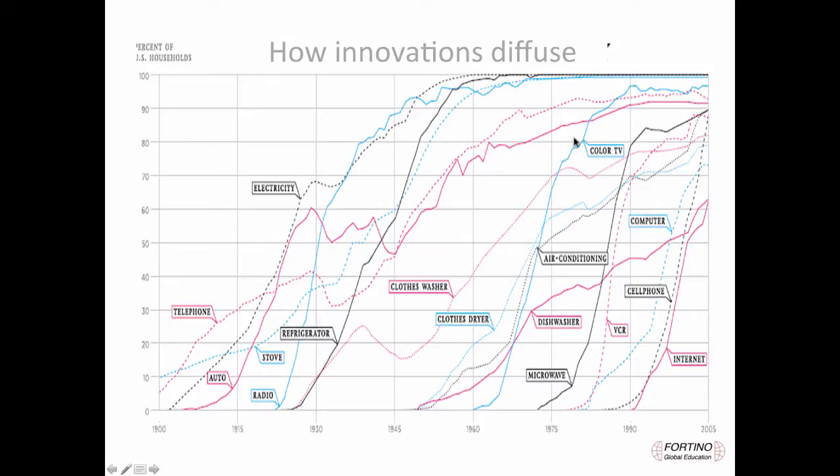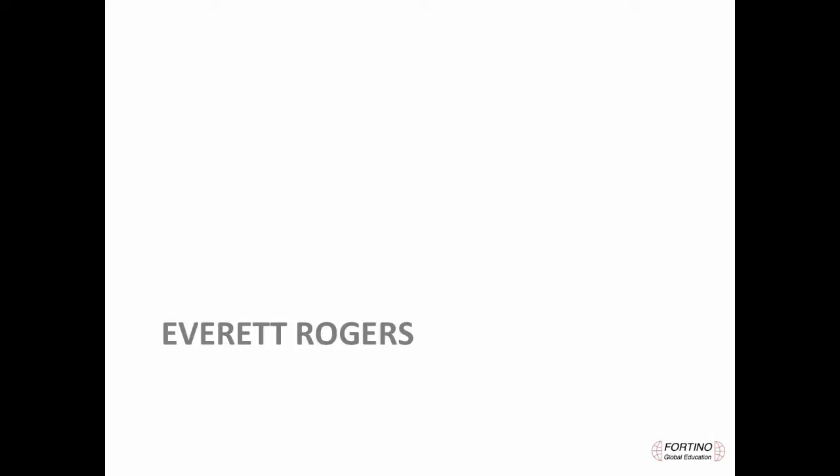That's what we call penetration curves, which we might also discuss as diffusion. How these commodities, or not commodities at the beginning, they were innovations. The microwave was an innovation. Eventually, today, it's considered a commodity, but at that time, it was very much an innovation. And it took this very unique pattern. And the thing to notice here is the unique pattern. That's the point of this slide. It has that pattern, repeatedly, repeatedly, repeatedly.